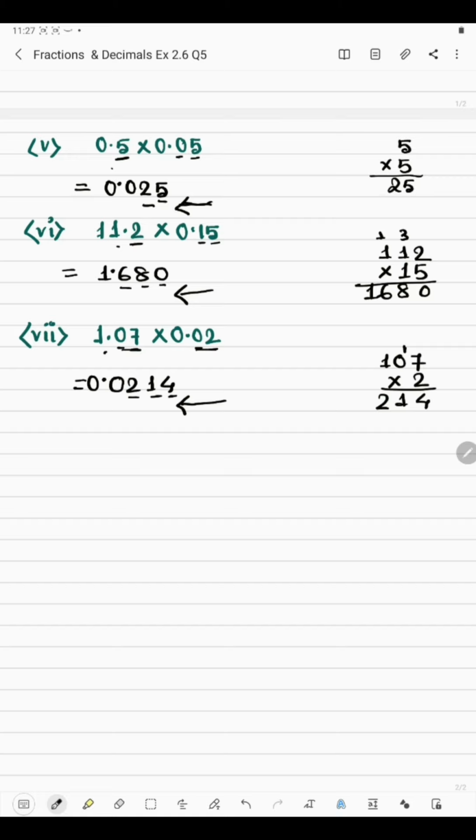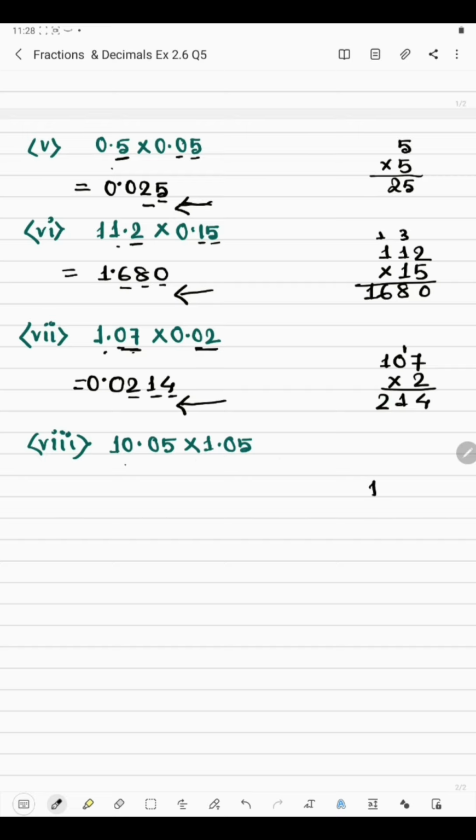Okay. So when you have to put the decimal, you will check whether the number of places is there. If not, like here 2 plus 2 is 4 places we have to make, and here we have 3 digits. So you will have to make one more place by putting 0, and then put the decimal accordingly.